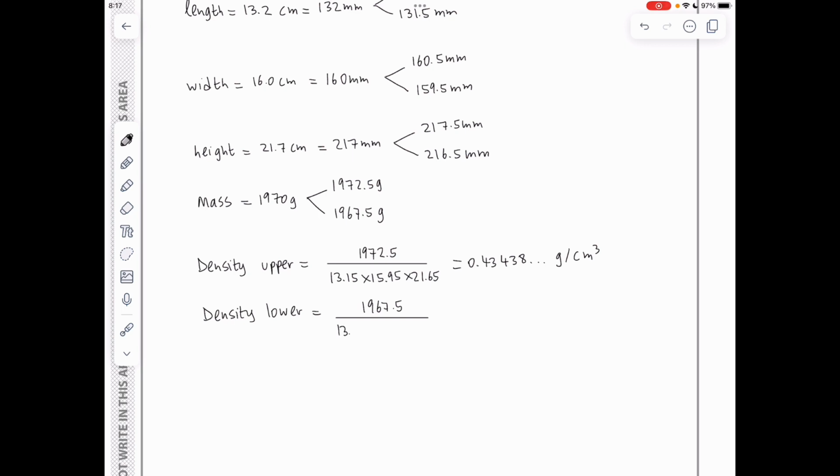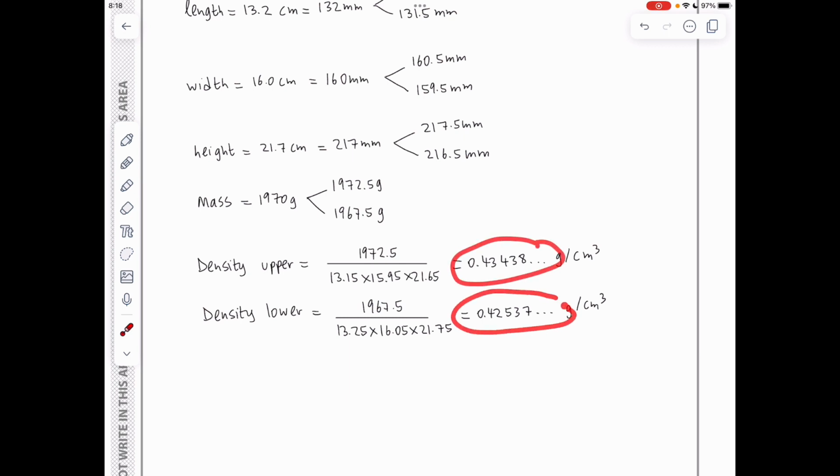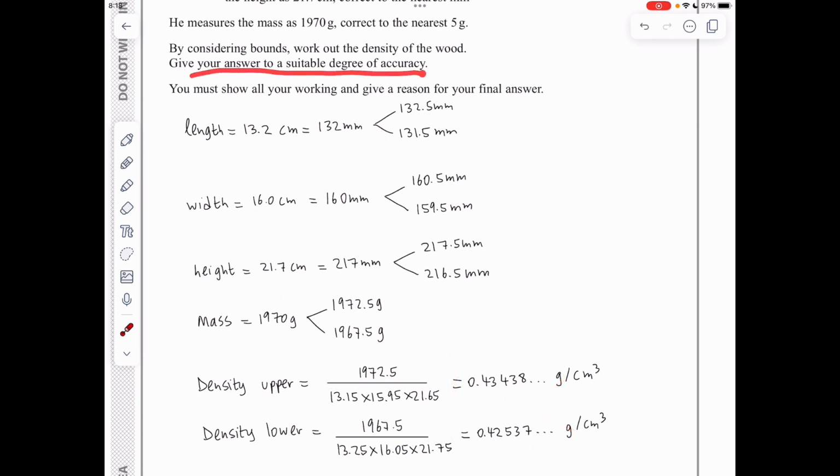So 13.25 centimeters times 16.05 times 21.75, and this gives an answer of 0.42537 grams per cubic centimeter, which means that at the moment we don't really know the exact value of the density, but we know that it lies between 0.43438 and 0.42537. Remember, we were asked to give our answer to a suitable degree of accuracy, so we notice that whatever the true value,